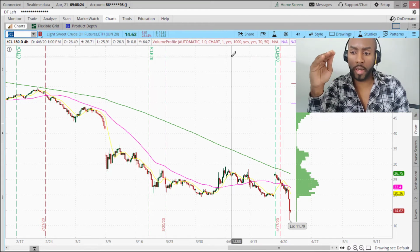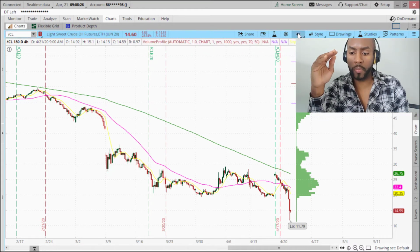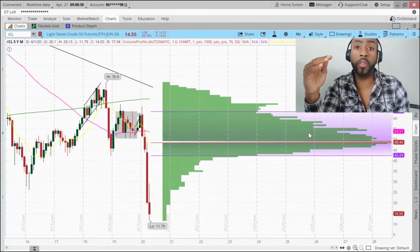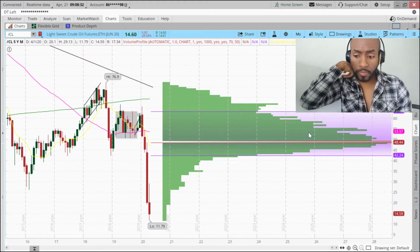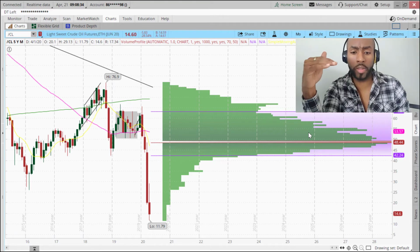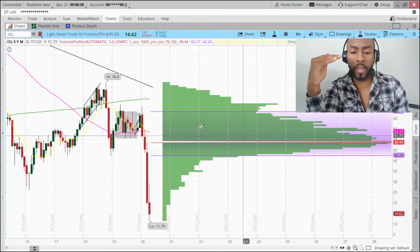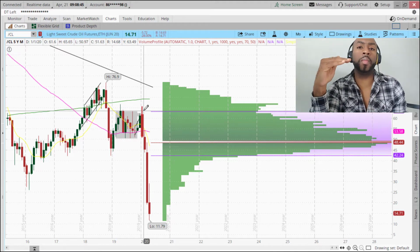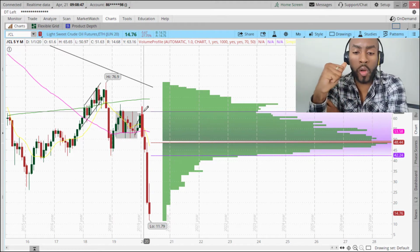But before we go into that, let's zoom back out to, for me, the tell on oil for the longest while. The tell on oil was that we had a very tight consolidation between this level here at around $50 and a high of just around $63.50. So once oil broke that 50 level to the downside,